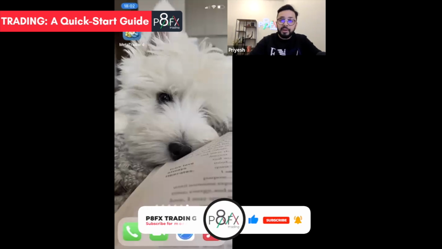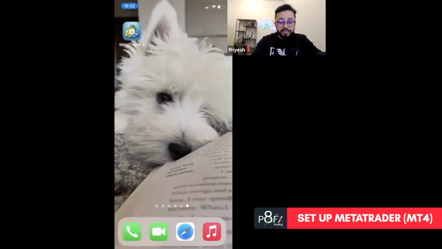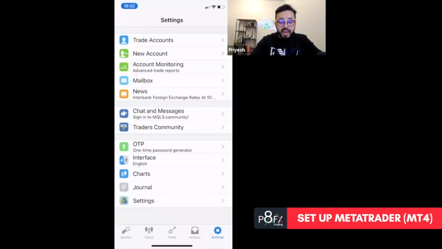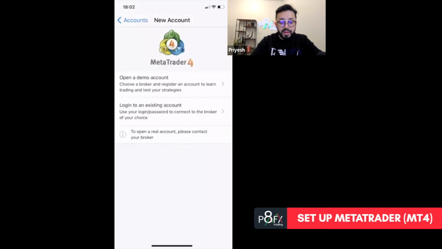In this lesson, I'm going to show you how to set up your MT4, also known as MetaTrader. So you download it from your App Store or your Play Store. Open up the app. You want to go to this bottom right-hand corner where it says Settings. Go to Trade Accounts at the top. You want to press the plus icon, and then you want to open up either a demo account or log